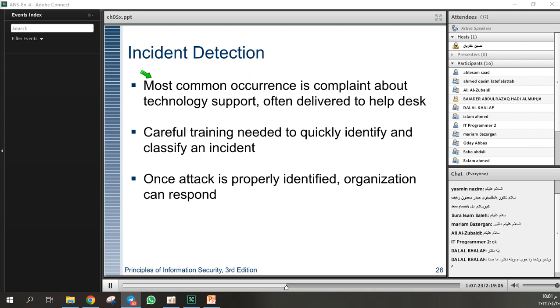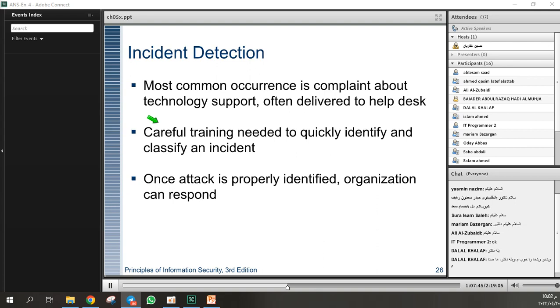Or maybe someone calls the help desk and says there's a fire here. It's not important the way that we detect the incident, but what is important is